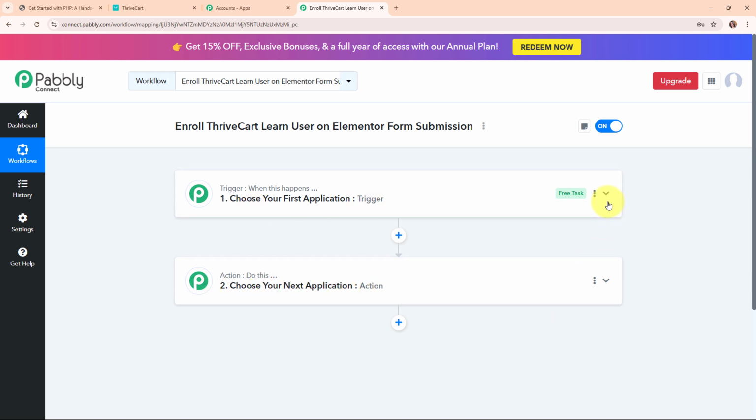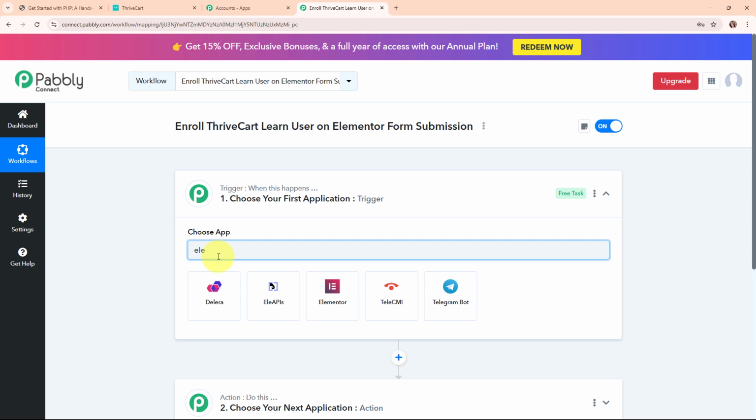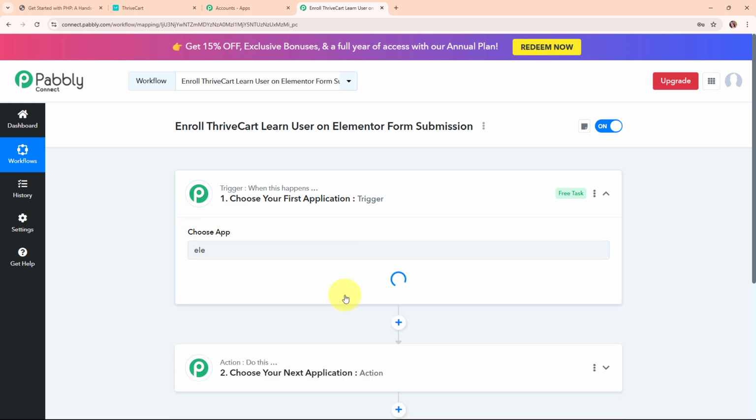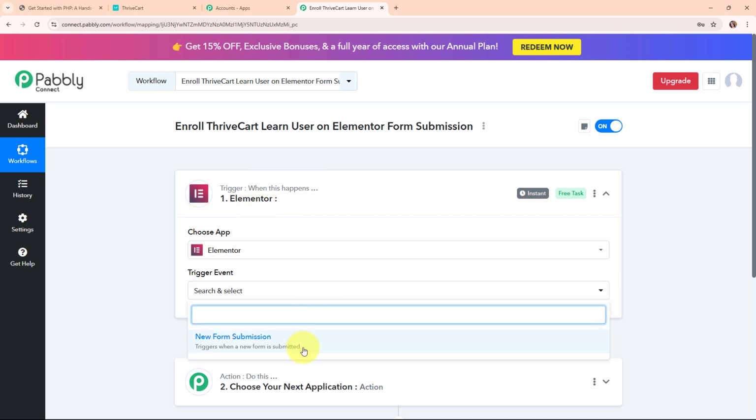Now let's begin with our automation by simply setting up a trigger. So here I'm going to select my trigger application as Elementor form, as I am receiving new submissions through Elementor form. So Elementor form is a feature of the Elementor website builder that lets you create custom forms for your website easily. So here in my Elementor trigger step, I'm going to select my trigger event as new form